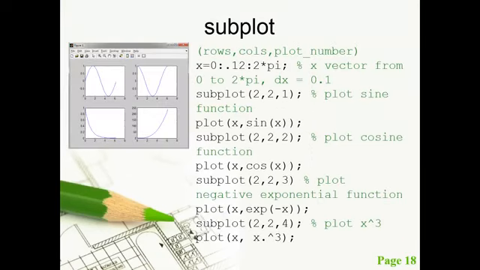Next is subplot. We have seen the single plot in the previous slide. So we'll see the different types of subplot. Here, if we want to plot 4 graphs in a single figure, then what is the command? Use subplot. Here, subplot(2,2,1) indicates 2 rows, 2 columns, and position is first. So this is the graph.